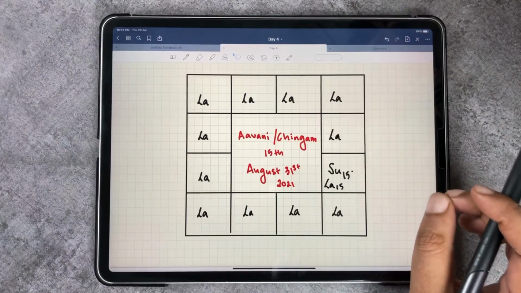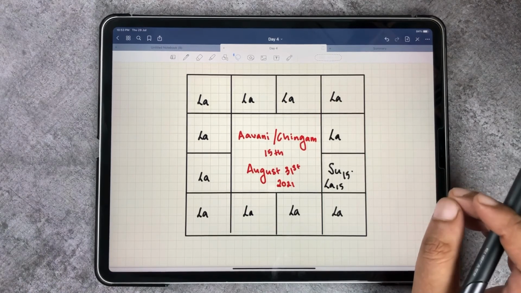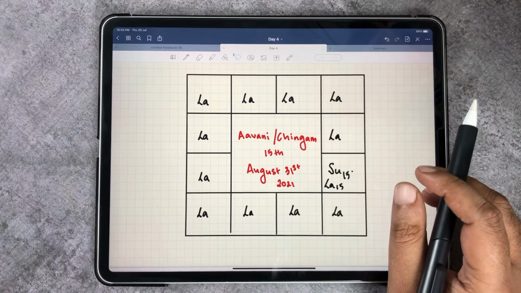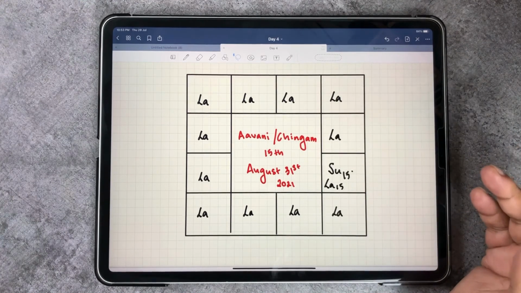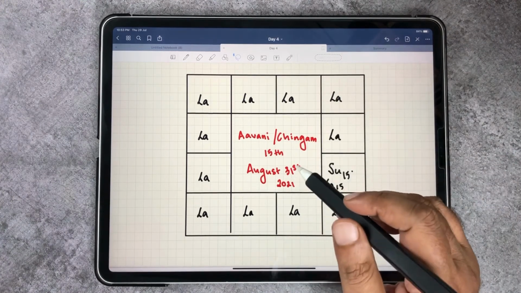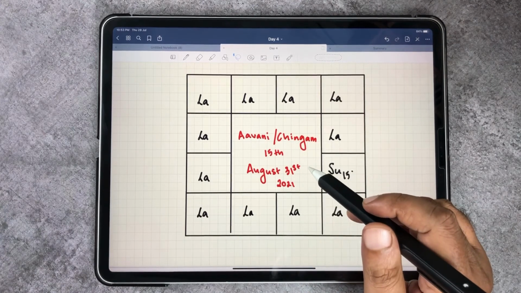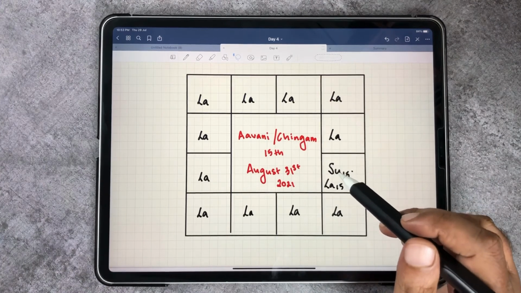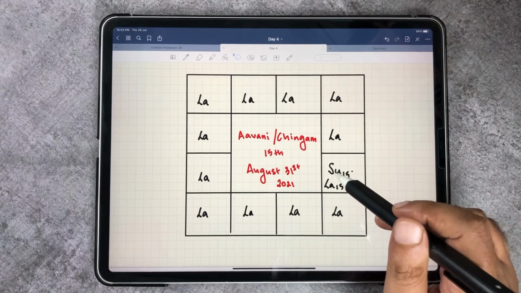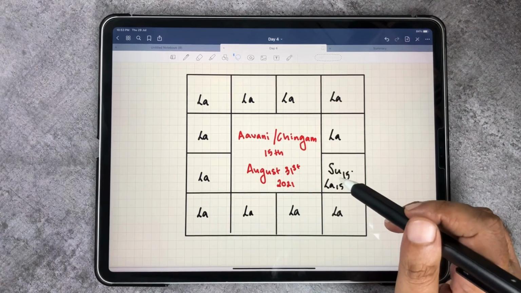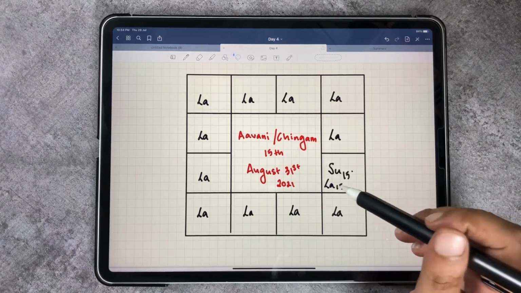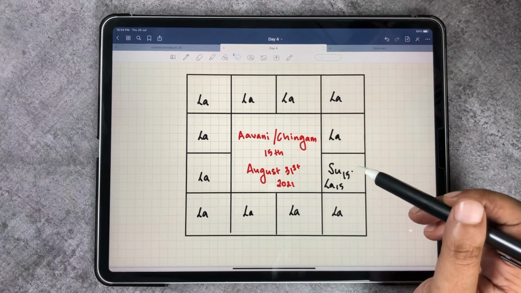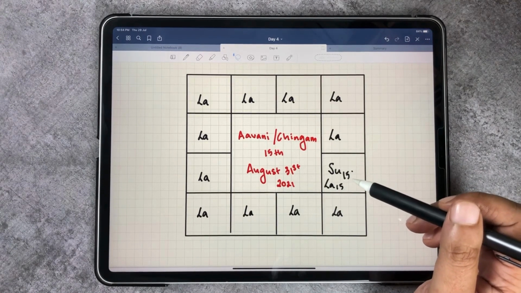Now let's say somebody has made a mistake in casting the Lagna. Since you have understood this concept, you can easily figure it out just like that. Let's say a child is born at 10:30 a.m. in the month of Avani or Chingam. It does not necessarily have to be the 15th. The only concept that you need to keep in mind is the position of the sun. And during the month of Avani, sun would be here. And let's say the child is born at say 10:30 a.m. So approximately, even if you don't know the sunrise timing, that's okay.